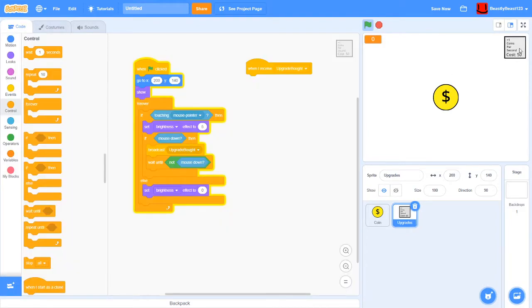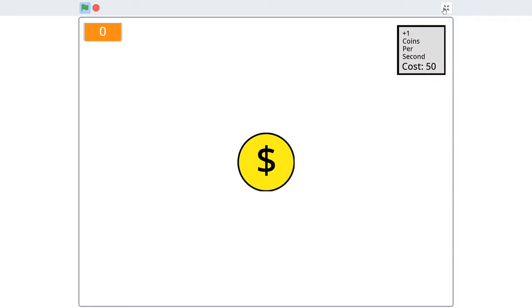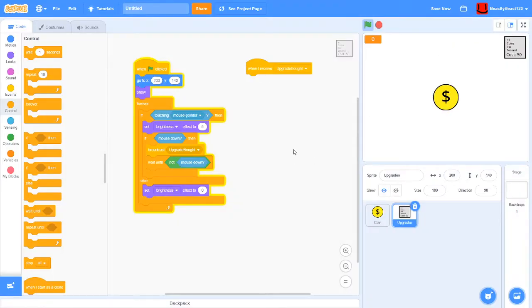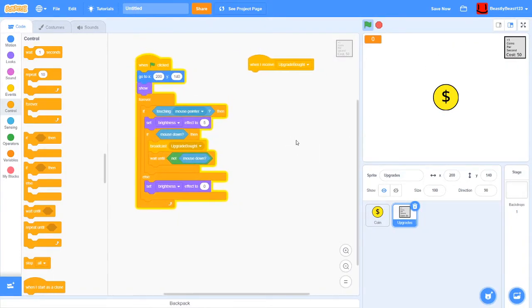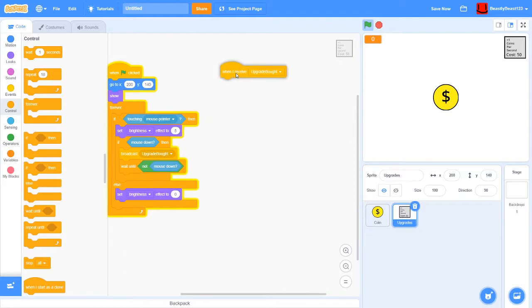Kind of looks ugly. You can't really see it, but who cares? This is just a tutorial. So when I receive upgrade bot,